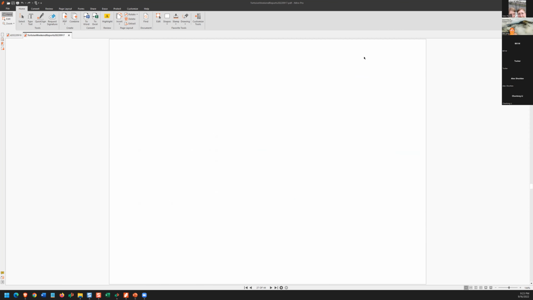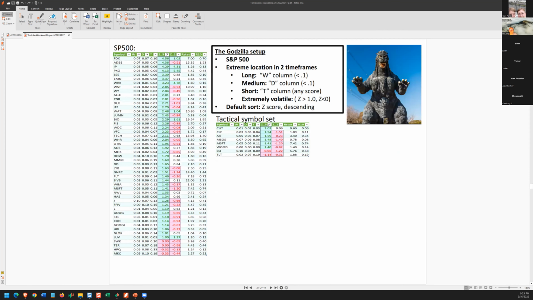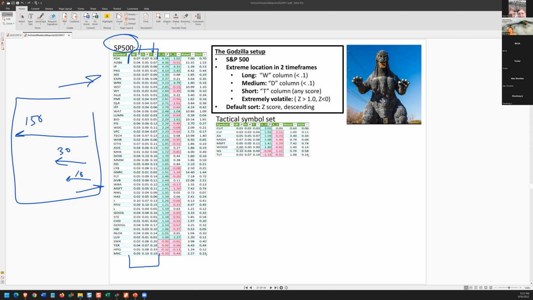We're going to shift to the sniper headquarters. A lot of Godzillas here. There's about 3 categories of Godzillas on here. So all of them are featured. They have this feature where they are getting smashed: the 150-day look back is horrible. It's in the bottom 10%. The 30-day look back, it's in the bottom 10% of the last 30 days. And on most of these, on the tactical, it's in the bottom 10 or 20% of the last 10-day look back. So by location, these are all getting slaughtered.